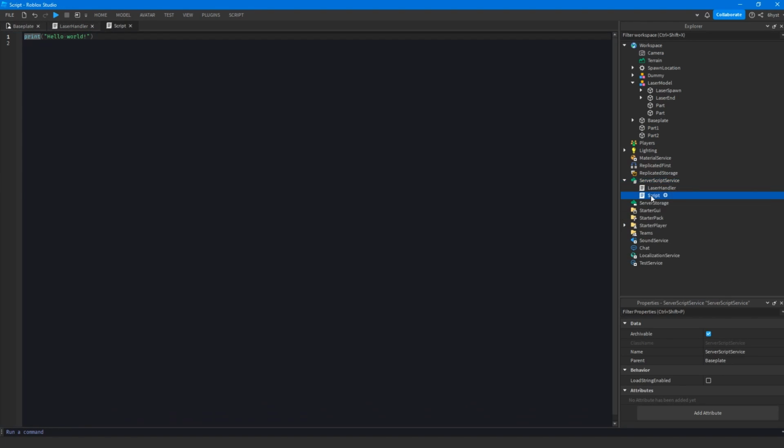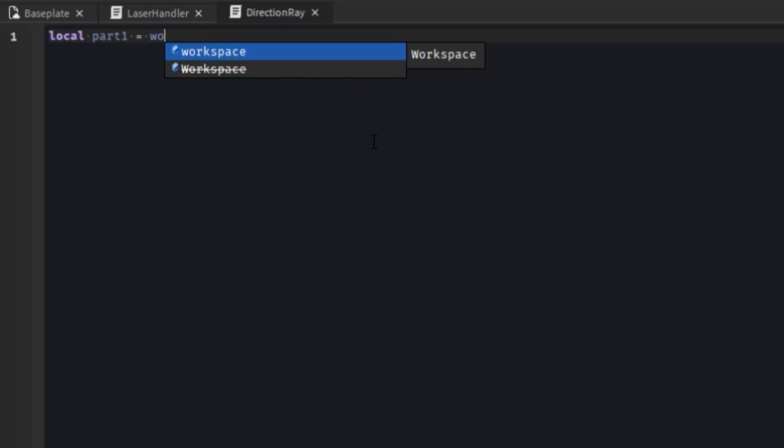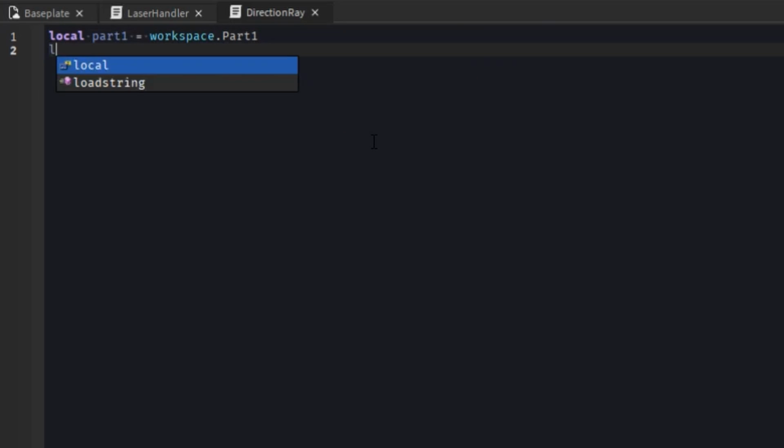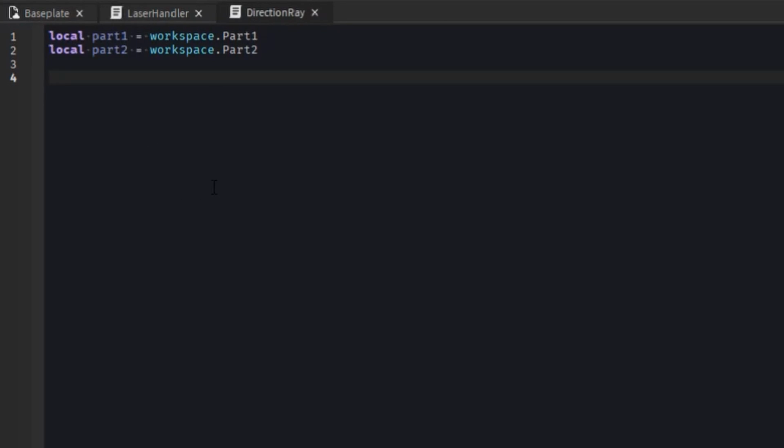I'm just going to call this direction ray, I guess. Don't know what else to call it. So part 1 will be workspace.part 1, and then part 2 will be workspace.part 2, right? Now, I'm going to take part 1's position, which will be our origin. Part 1's position will be our origin, and then we're going to need to get our